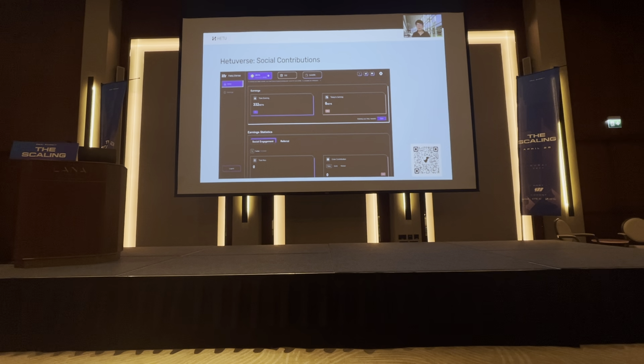Within, for example, a big model DAO, we also have a lot of DAO members who contribute to the social process, for example, inviting other people to join the DAO and advertising the AI model on social platforms. And so we create this Hetuverse, which can help keep track of all these social contributions to these models and DAOs.